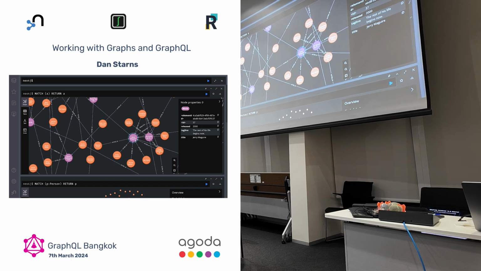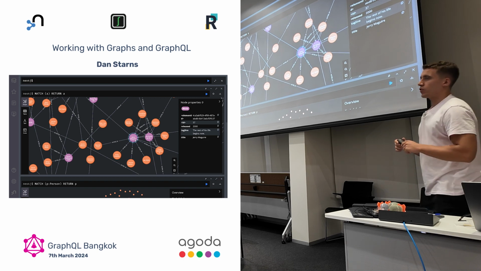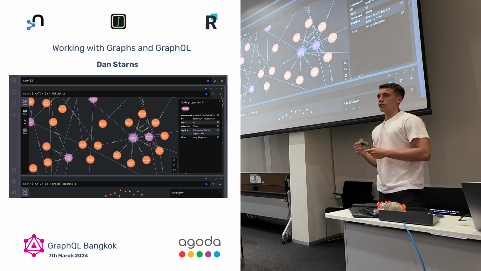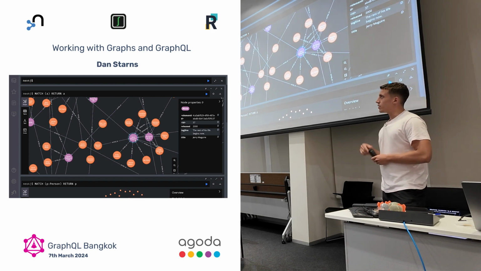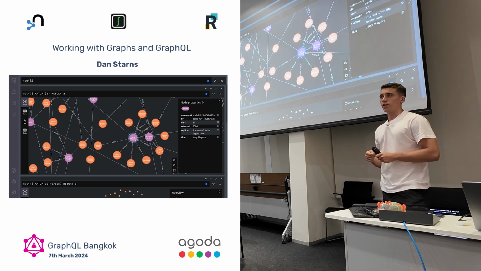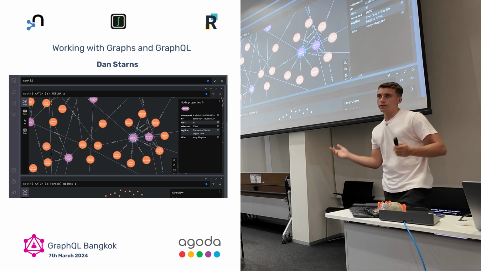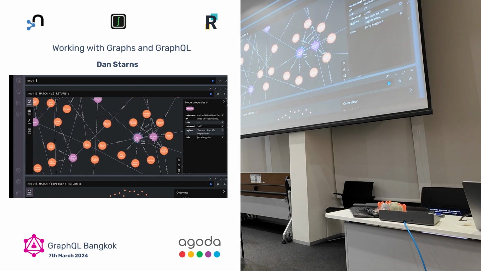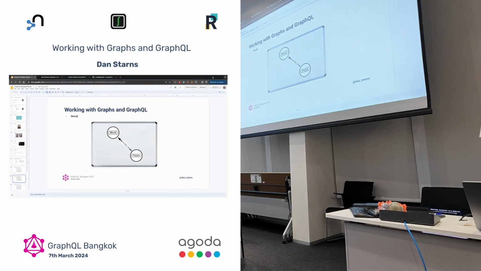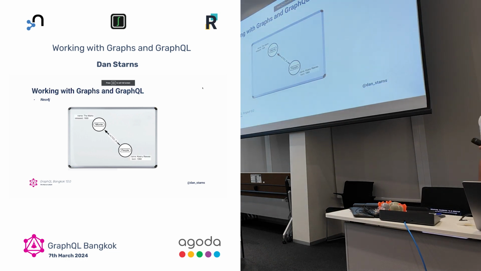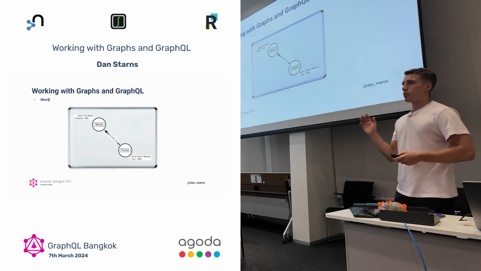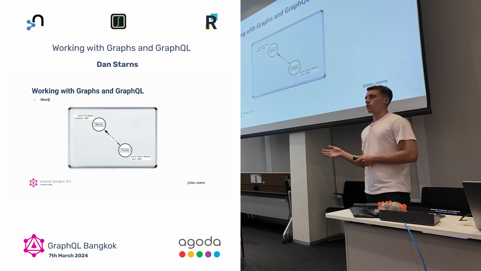So this is where the real power of a graph comes in, with these relationships, and these are actually stored on disk as pointers in memory, so they're super efficient to traverse. And you don't need anything like a foreign key to connect them together, so the relation is the actual relationship itself. And of course, like your standard databases, you want to add properties and values to your graph or your data model as well, so you can add key value pairs to your nodes and also relationships as well.